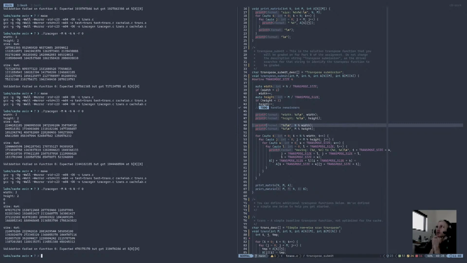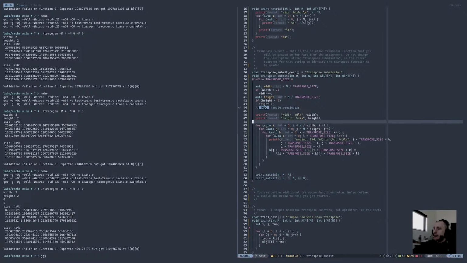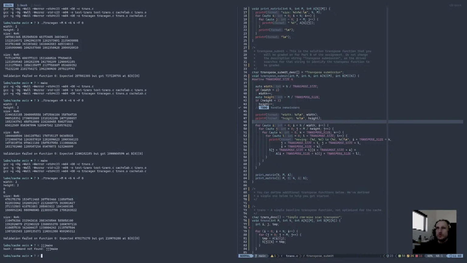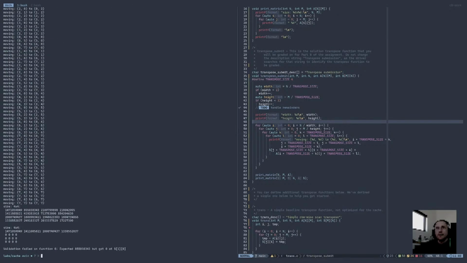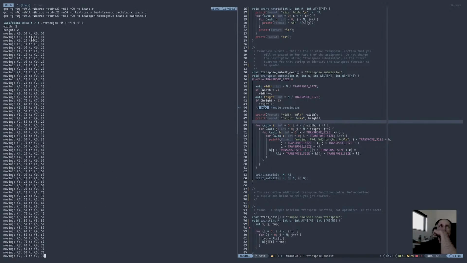That's the reason why we're not iterating. So n, which is 4, modded with the width, which is 2. So we need to divide here, not mod. There we go. Still the wrong output, but we can go through and say 0, 0, 0, 1 is going to